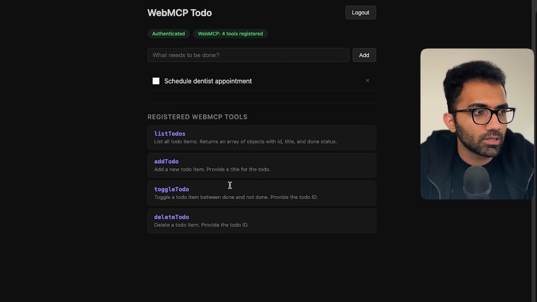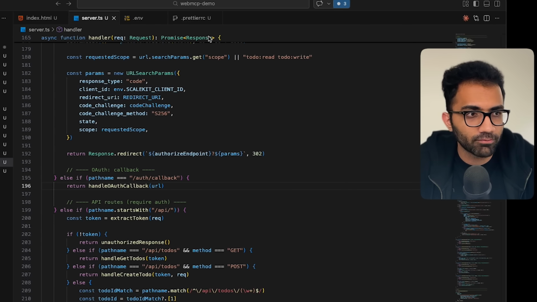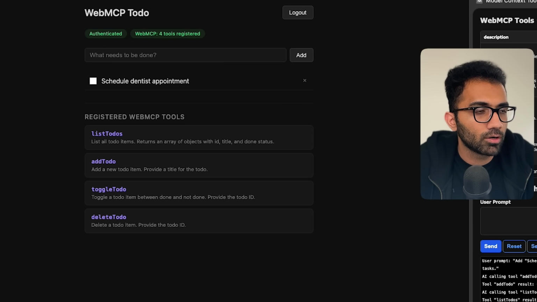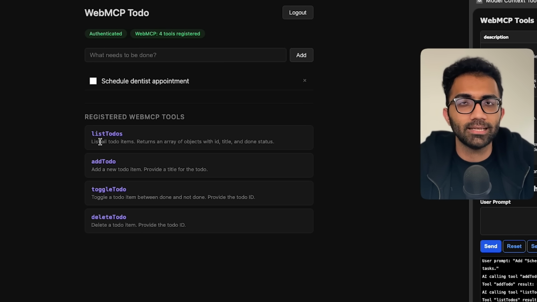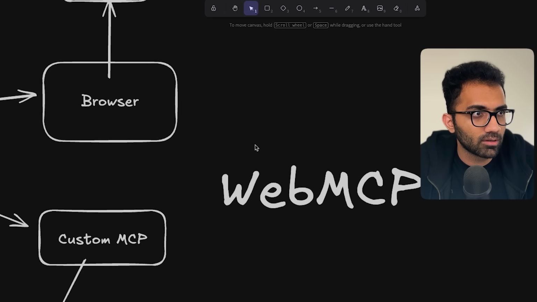Now, one valid question that you might have is, hey Mehul, why do we need to use ScaleKit OAuth specifically in the first place? Since we are anyway making a fetch call to the backend, why can't I just use my existing auth system that I already have, which could be a custom auth or something? The reason you don't want to do that is extremely simple, and it goes back